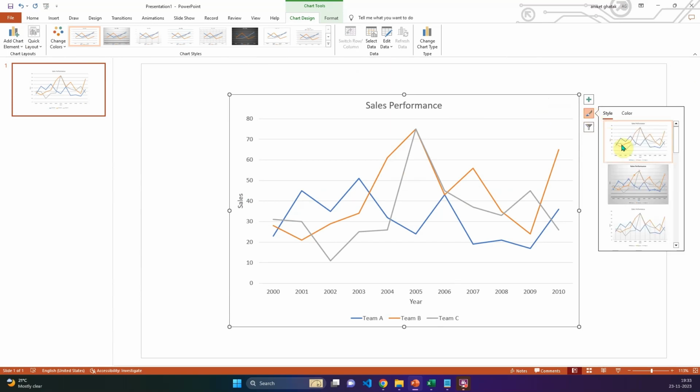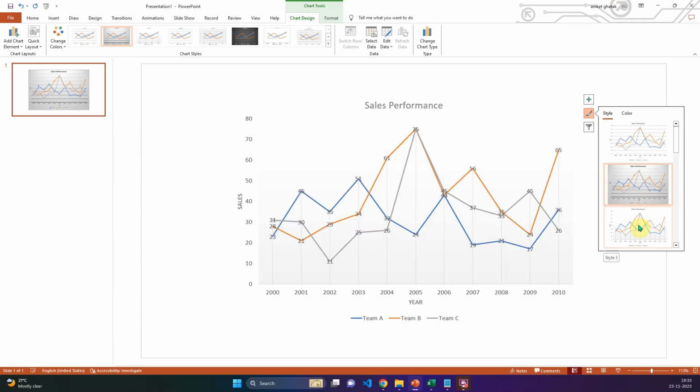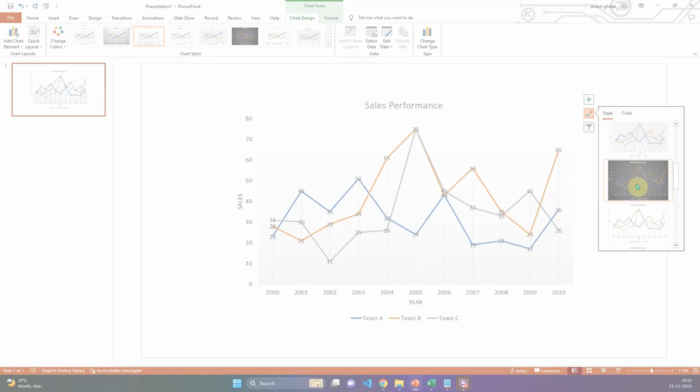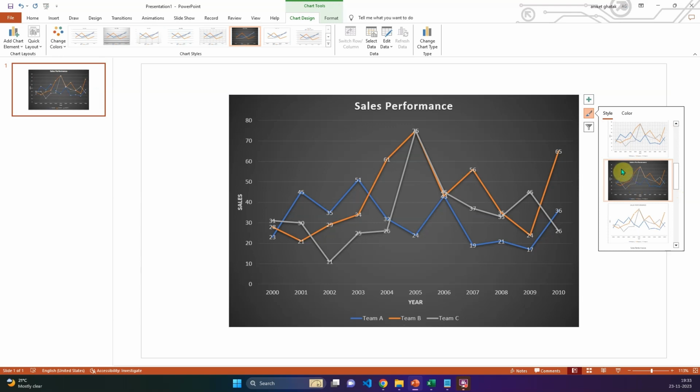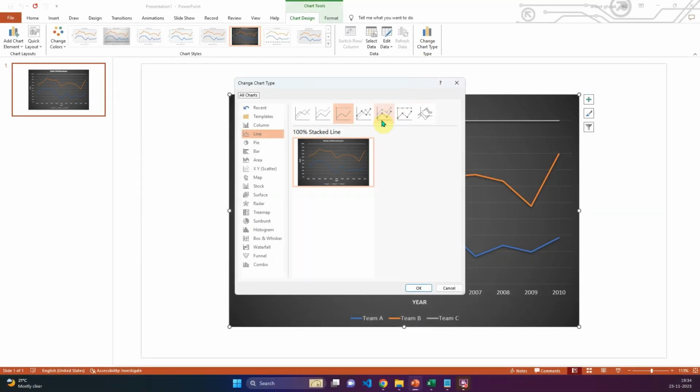Hello friends, in this video I'm going to show you how to create a line chart in Microsoft PowerPoint. A line chart basically displays the visualizations in the form of a line. Line charts are often used in the industry and it is very easy to use and understand. There are many types of line charts that PowerPoint has inbuilt, and the way to make them on PowerPoint is